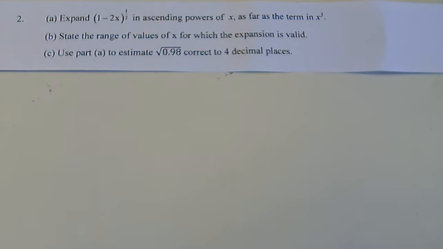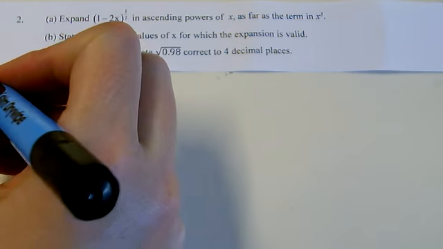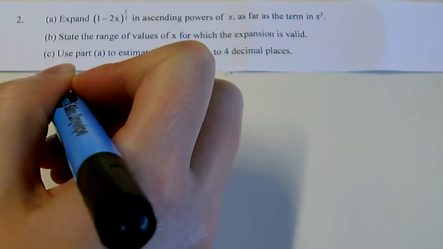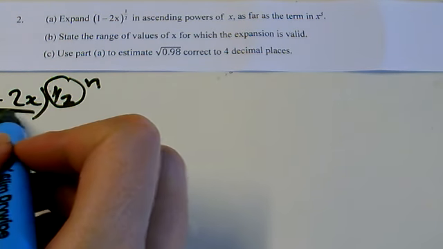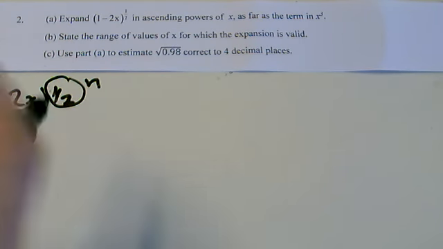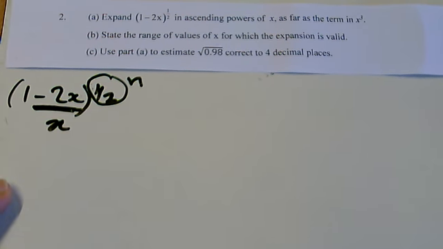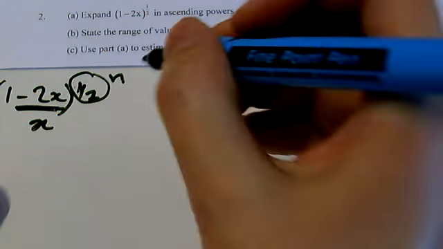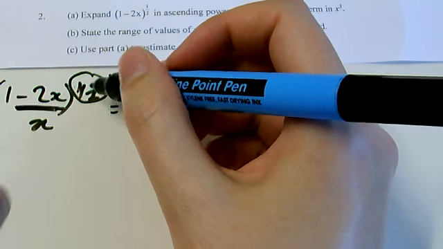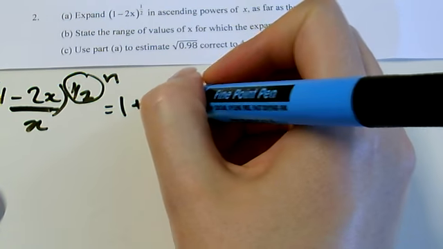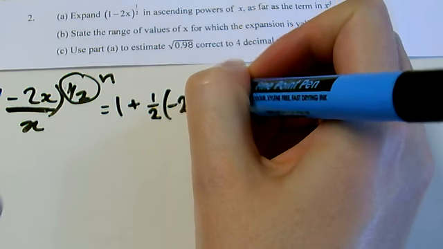Okay, so we're going to use the binomial expansion formula. So we're expanding (1 minus 2x) to the half. So this is going to be our n. This whole bit here is going to be our x term. So substituting in then, we'd have 1 plus n times x, so that's a half times minus 2x,